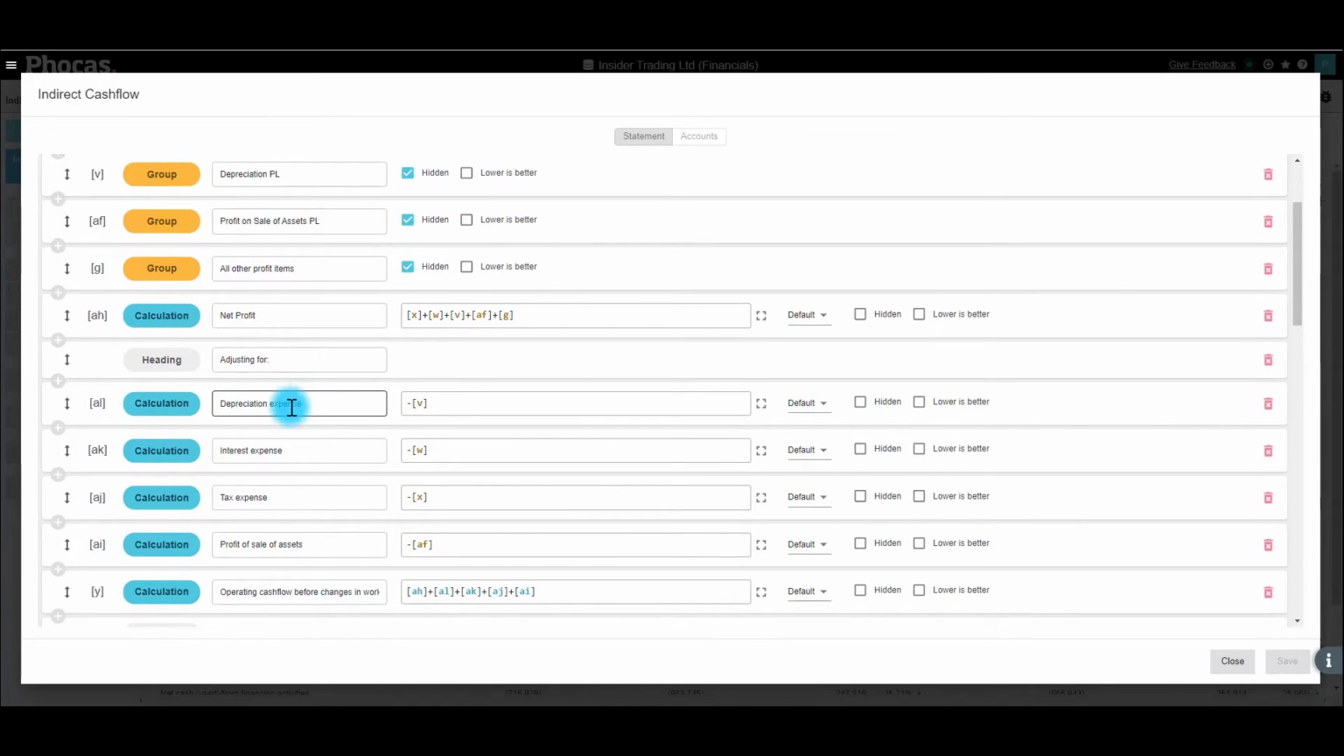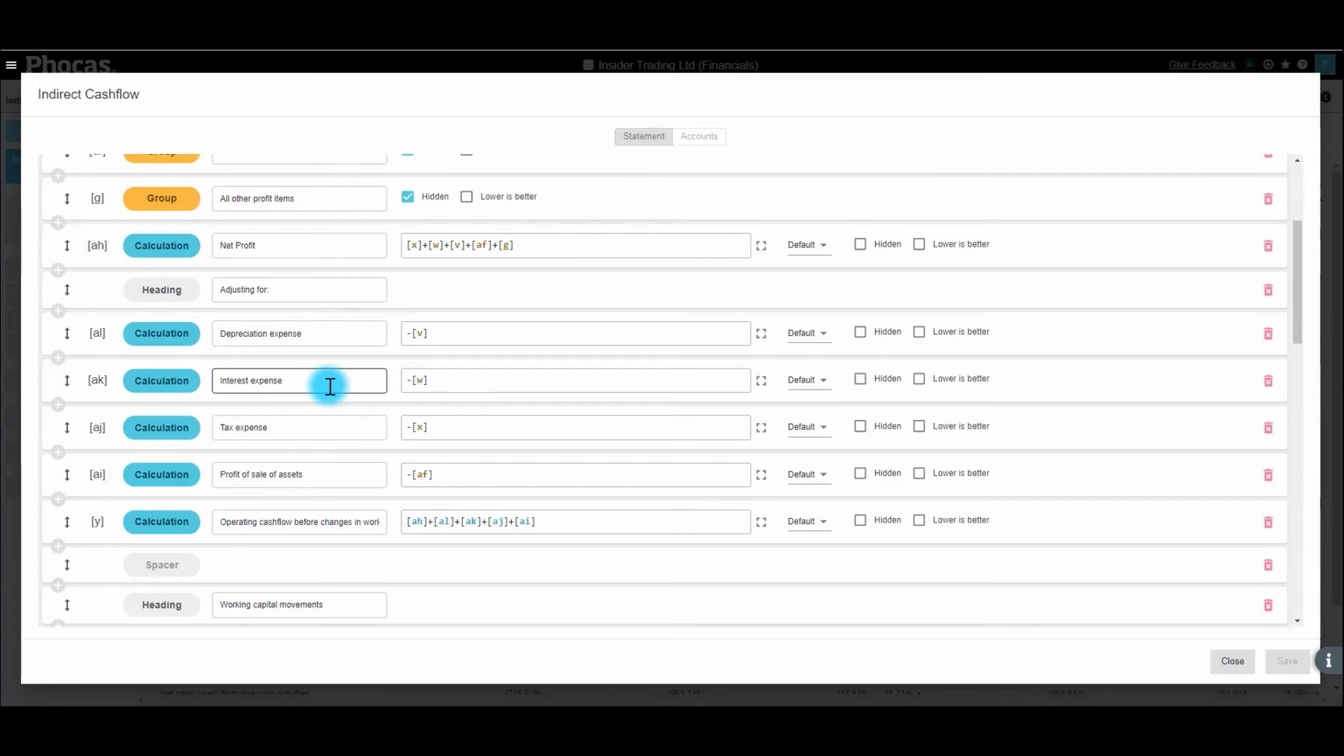I then use the items that I wish to use more than once, such as depreciation expense, in calculations. So I start with my profit, I add back my adjusting items, which in this case is depreciation, interest, tax, and profit on the sale of assets. Then further down in the statement, I would expect to use each of these adjusting items to keep the cash